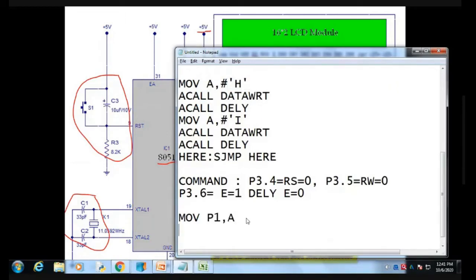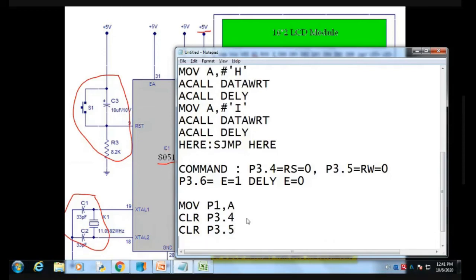Then we CLR port 3.4, which is RS, then CLR port 3.5, which is RW, and we set the enable bit, SETB port 3.6.